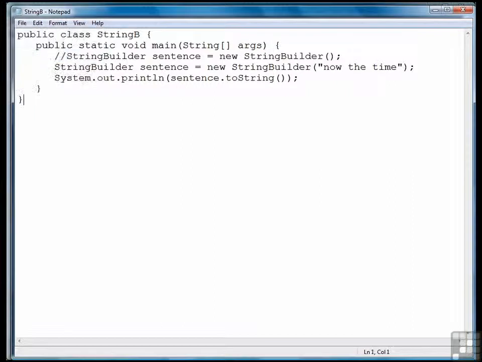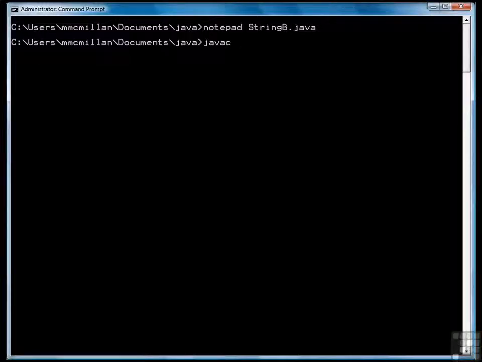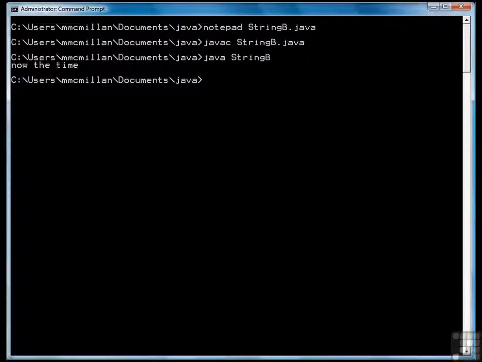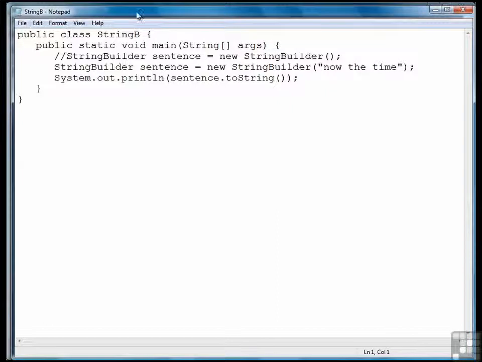So let's save that, compile, and then run. Okay. We left out the word "is", so we can insert that into our string using the